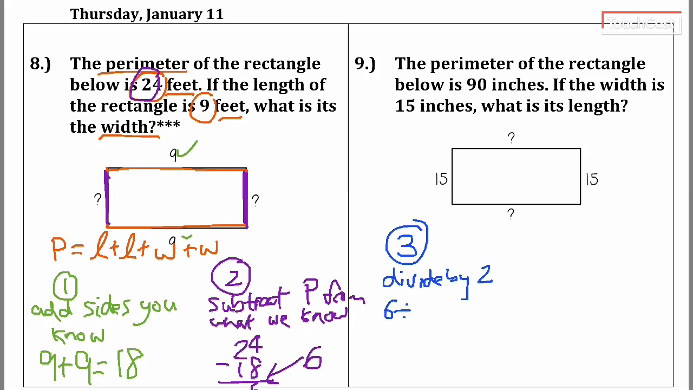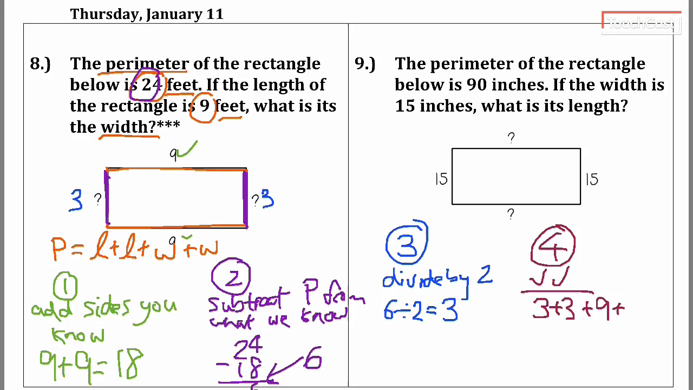6 divided by 2 is 3. So width is 3, width is 3. And there's a hidden step 4, which is the most important step of all, and it's called, I'm going to check my work, just to make sure that I'm absolutely correct. Okay. So what I'm going to do is I'm going to add up all the sides, 3 and 3 and 9 and 9, and just to make sure that they actually equal